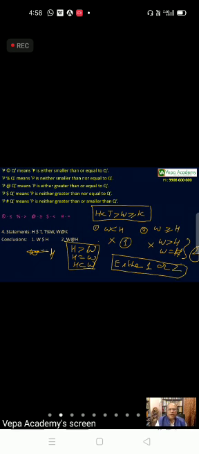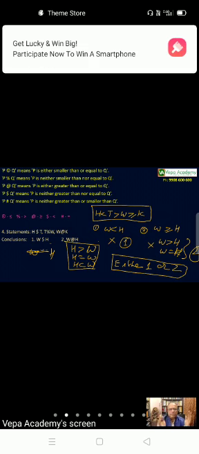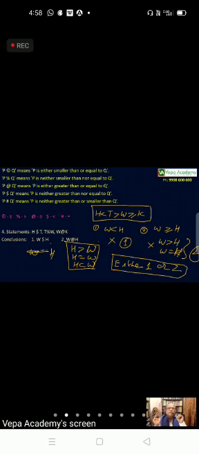Once again, I repeat, deadlock. The moment you see deadlock, we know there are three possible answers. Out of three, conclusion number 1 is talking about only one. It is not talking about the remaining two. So we declare it as invalid. Conclusion number 2 is talking about two types of relation, but not the remaining third one. That means 2 is also not valid independently. But when you look at the combination of 1 and 2, we can see all the three meanings are present. For that reason, we need to pick either 1 or 2 as the final answer. Is this clear?